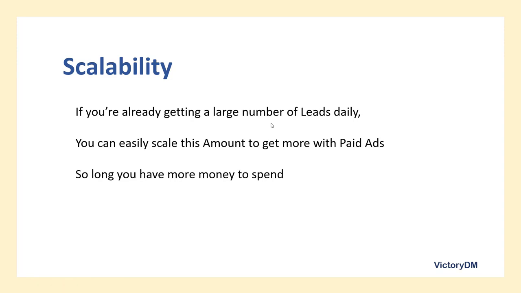You can be running an ad that is bringing you 50 to 100 leads per day using paid ads, and then once you put some things in place, you can double the money you are spending on ads, and even double or triple the results you are getting, like the number of leads. This is highly possible with paid ads. There's nobody getting, let's say, 100 to 200 persons per day using organic traffic that will just easily double that number, right? It's always hard, and it's not really reliable. These are some reasons why paid ads beat organic traffic every single time, right?